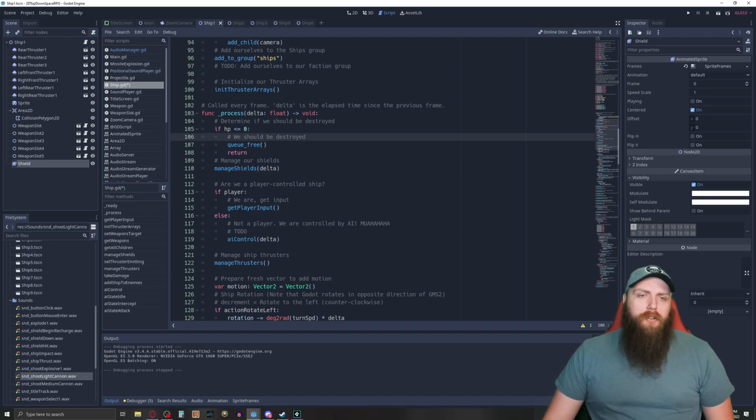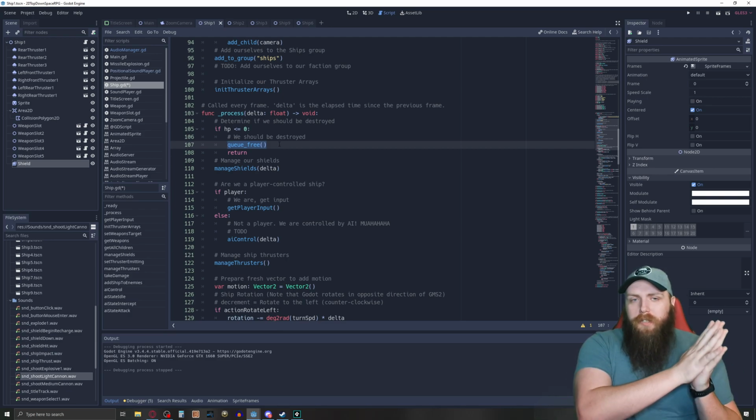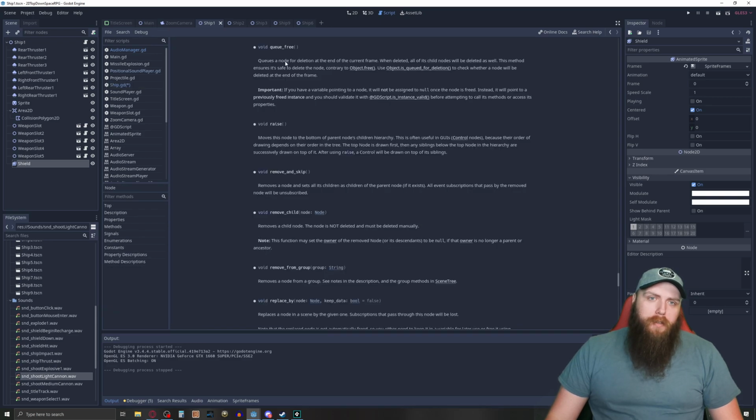And after doing some research on it, it was that I should have been using Q free, which, as I said earlier, safely deletes an instance. So Q free queues a node for deletion at the end of the current frame. When deleted, all of its child nodes will be deleted as well. This method ensures it's safe to delete the node, contrary to object.free. Yeah. So what was happening is